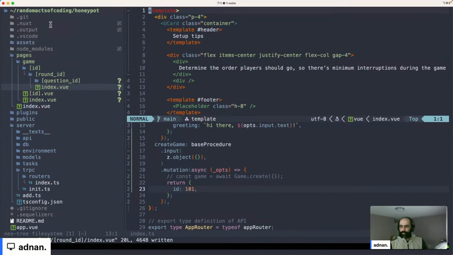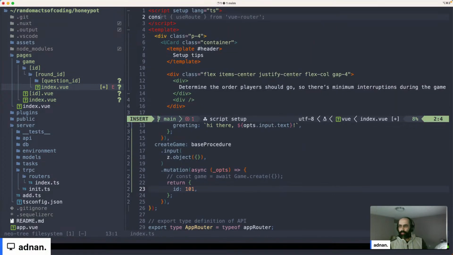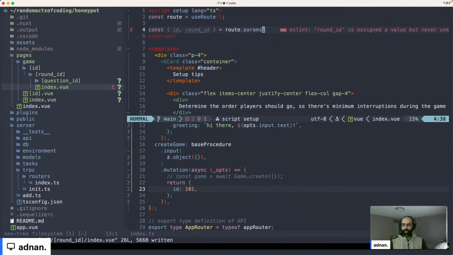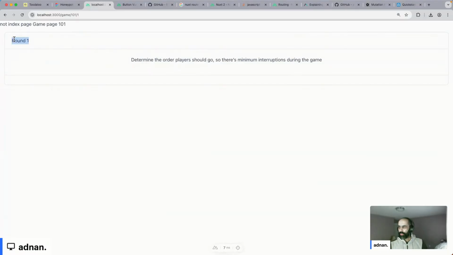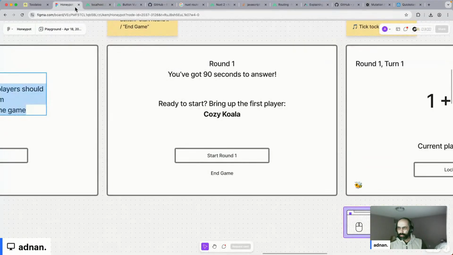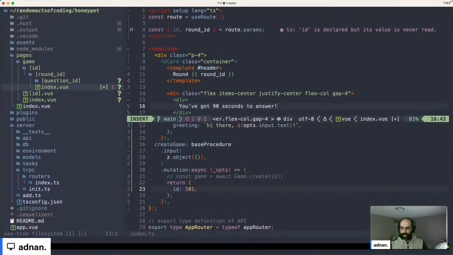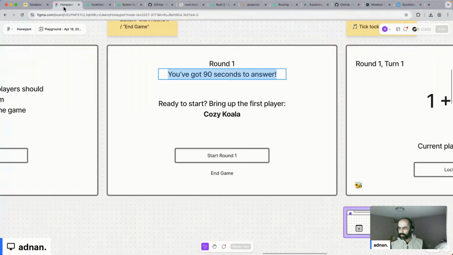Okay, so here I can start by getting, great. So this is the game ID and my round ID. Game ID we won't need, and we'll just say round ID. So now we're in round 1. And you've got 90 seconds to answer. That can be our first bit here. And then our second bit can be,